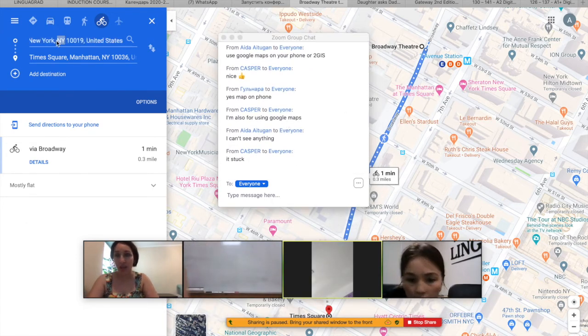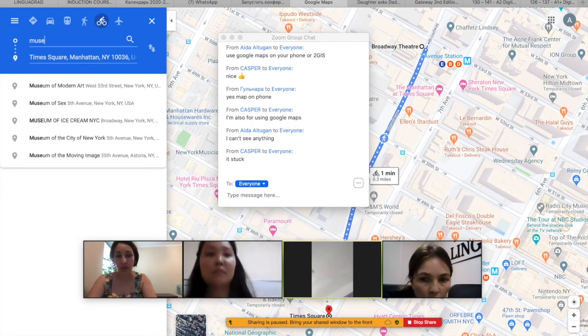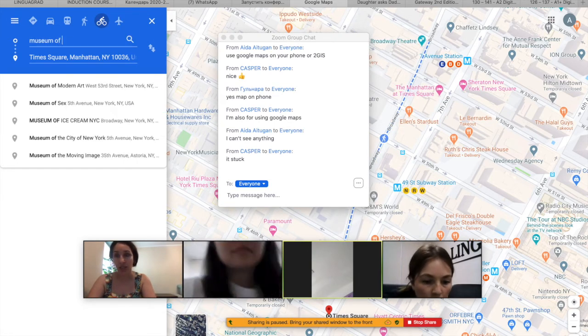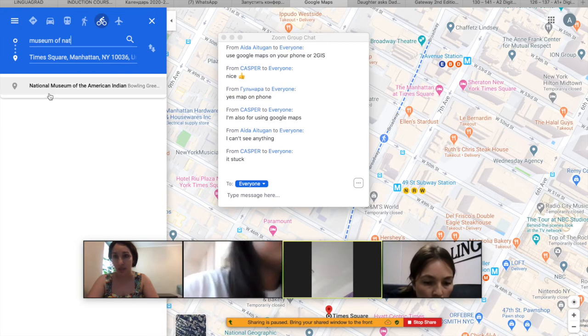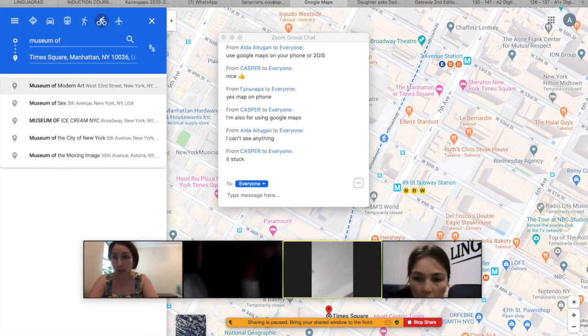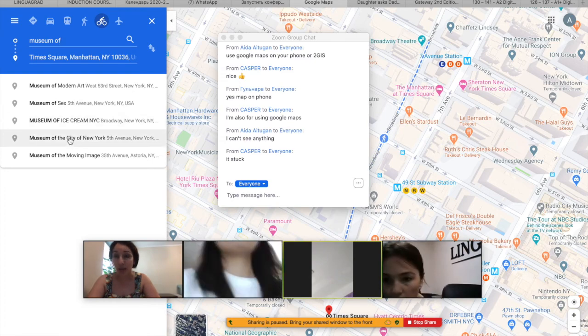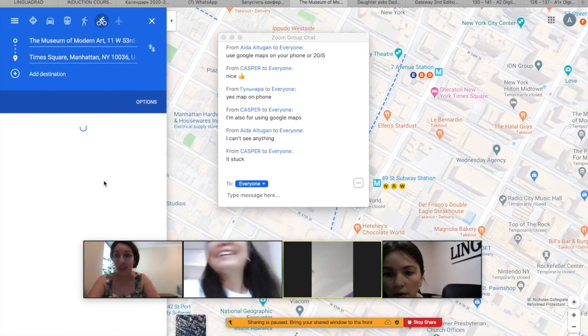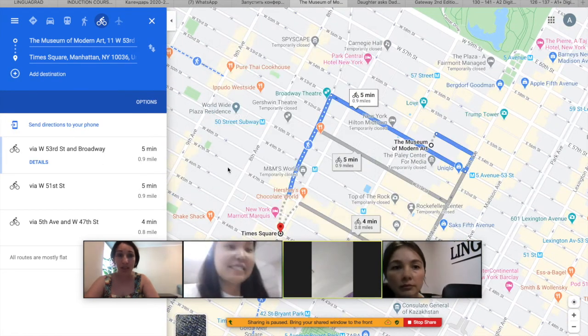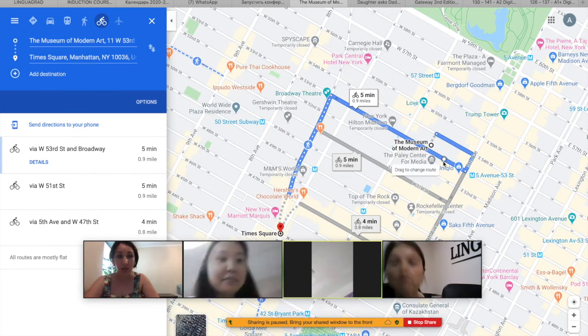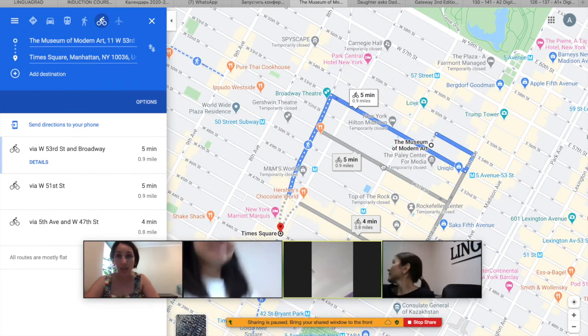So I believe it's Museum of Natural History. Museum. Oh, there is a Museum of Sex. Museum of Ice Cream. Oh, wow, cool. There is a Museum of Modern Art. Bam, a typical thing. So if I decide to go to two places, it's going to take me much longer.